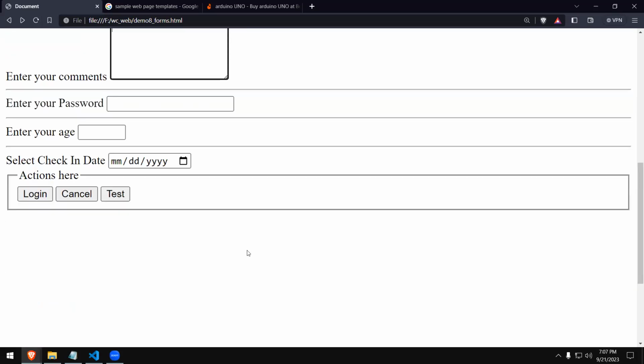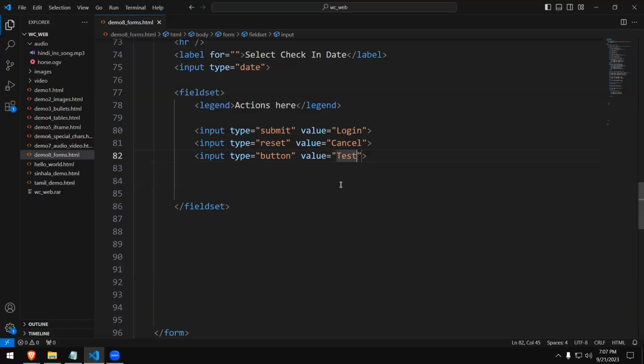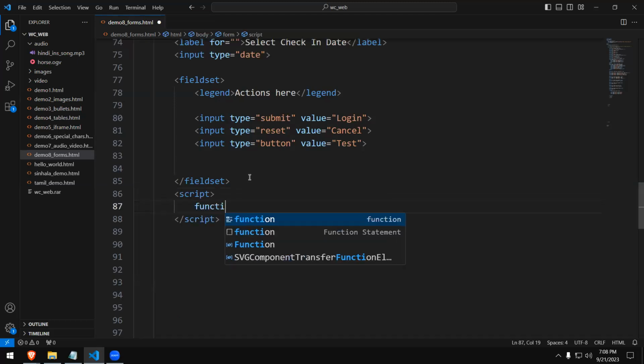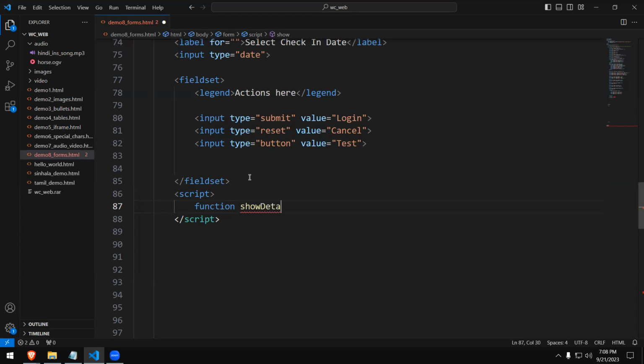I will include a small JavaScript and show you how that button can work when you click on it. When you want to include JavaScript, you can put a script tag like this, and you can simply create a function. Let's say show details. So I'm going to say,